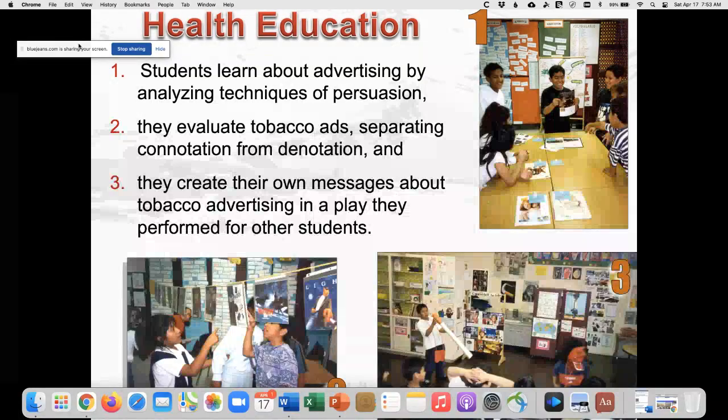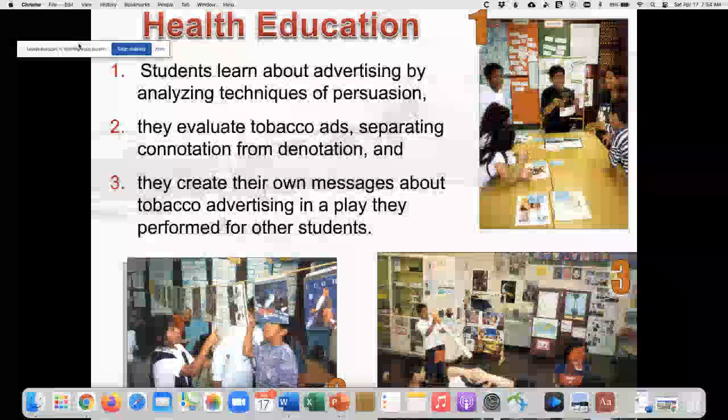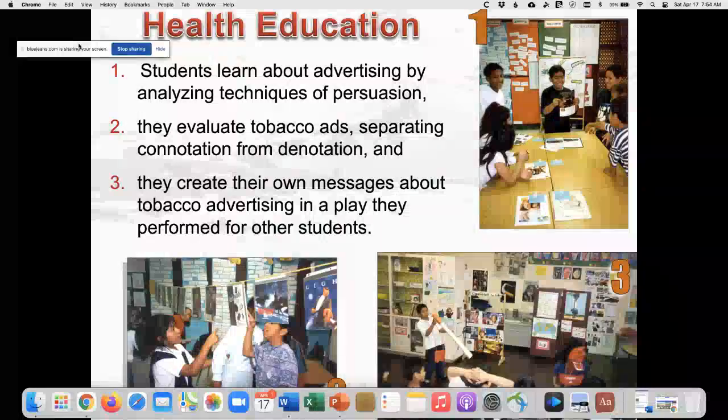Something that typically you don't want to do. You don't want to promote cigarettes, but it wasn't about promoting. It was about challenging it and having the students use their skills they were just learning about, looking at techniques of persuasion and seeing which techniques are being used here in these cigarette ads. And we also did part of the unit looking at just the scientific health effects and the dangers of tobacco.